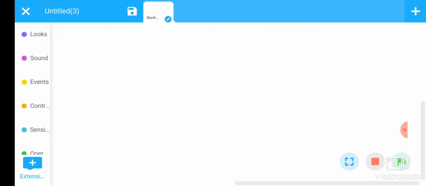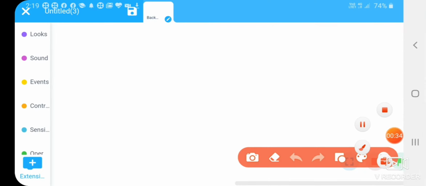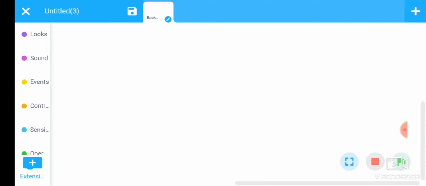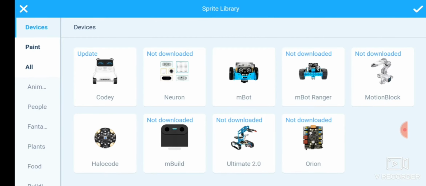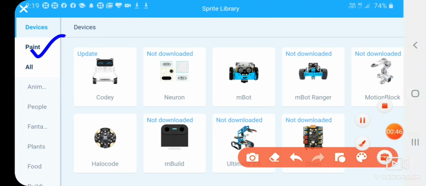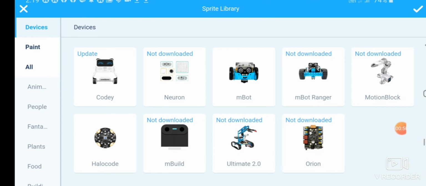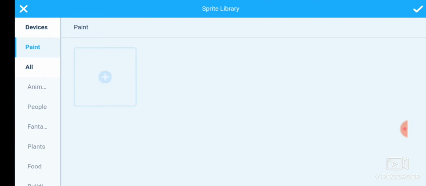We will design the snake sprite using the paint option. For this, first we will click on the plus sign. There is a paint option here. Then click on the plus sign.